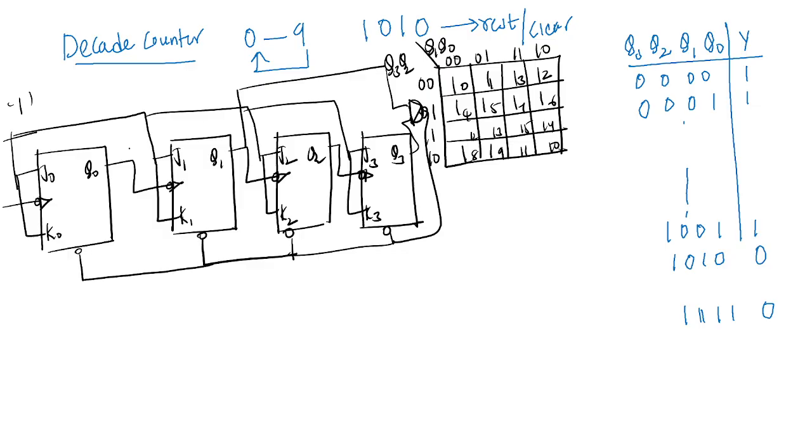So when you get 1 0 1 0, the output of the NAND gate becomes 0, no? It will activate the clear. So it will clear to 0 0 0 0. Did you understand how I am doing? Okay, this is nothing but a decade counter. From the name itself, decade counter, it will count from 0 to